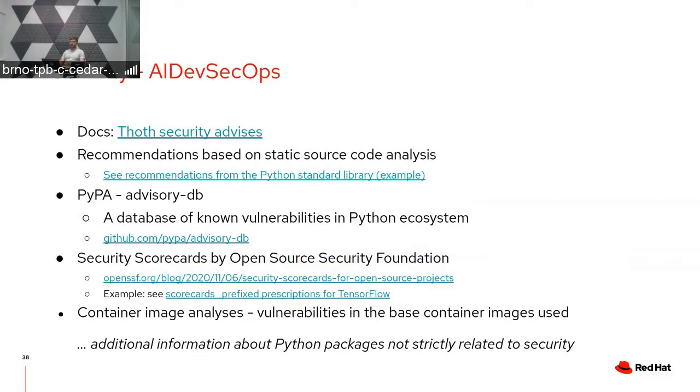These scorecards are published by the Open Source Security Foundation, which performs analysis on GitHub or Git repositories, and you can find interesting information such as if a project signed releases and things like that. You can see examples linked. To synthesize again, Python layer together with the base container image level, Thoth also aggregates information about vulnerabilities that